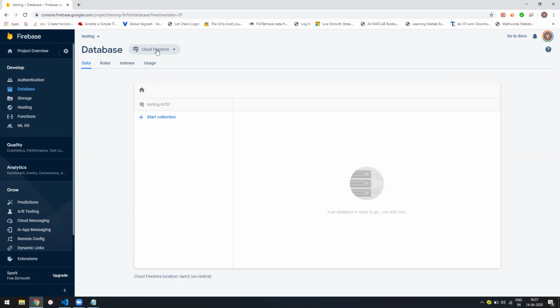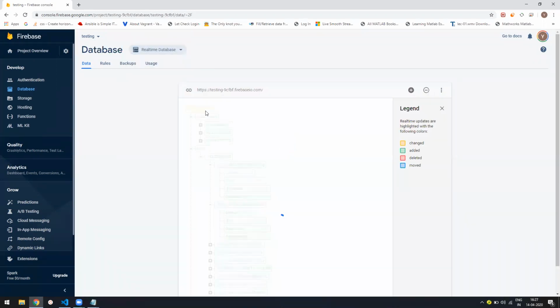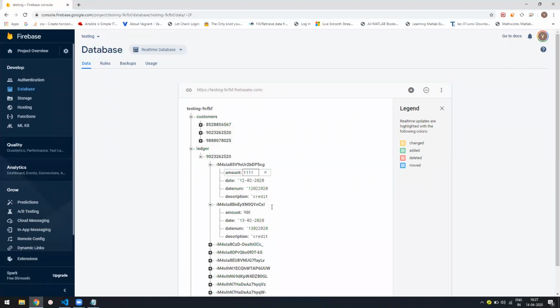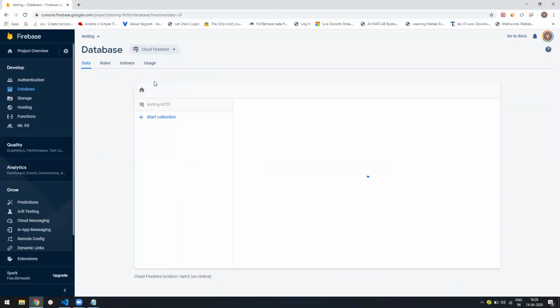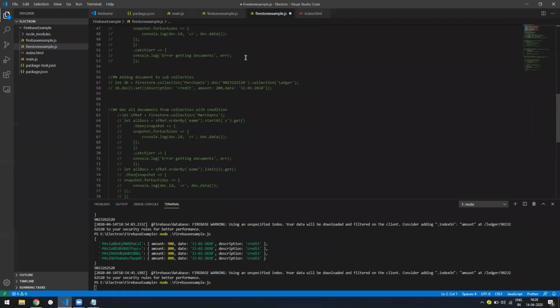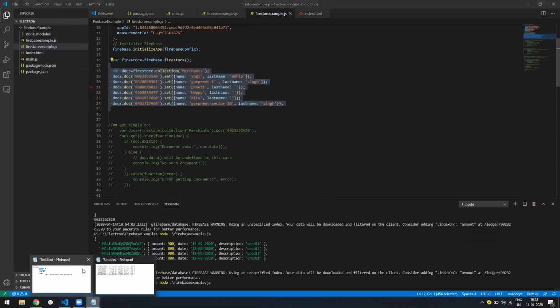In Realtime Database we have one collection, and the other things are documents, so we don't have sub collections. I cannot add a ledger as a sub collection under it. I can add it as a document but not as a collection. But in Firestore I can add a sub collection, totally separate from just adding an entry. So let us start with the merchant example I'm covering,